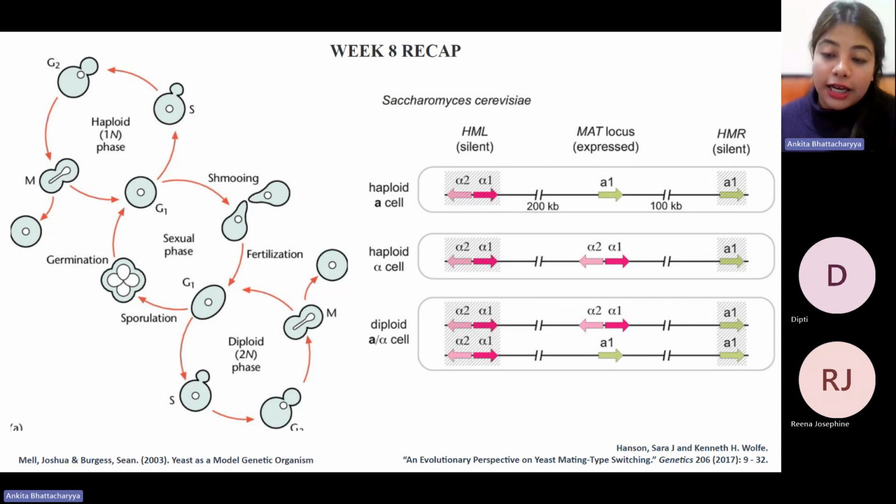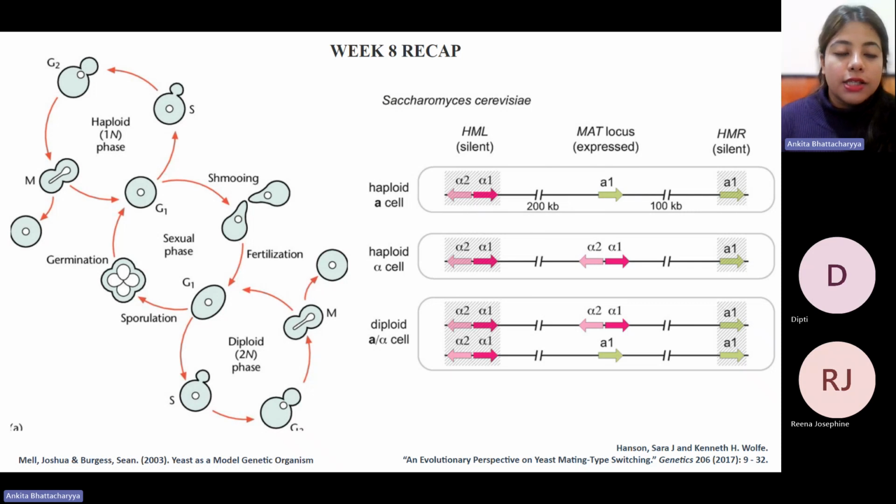So keeping this in mind and highlighting how significant it is, we will try to understand the way in which yeast proliferates or survives, or in other words, what the life cycle of yeast looks like. As you've already learned in the course, there are two types or two genotypes of yeast that are identified. There is A and there's alpha. The MAT A cells and the MAT alpha cells are different from each other, and they are capable of replicating only in a way such that A and alpha can mate with each other. How does this happen? We'll come to the figure on the left.